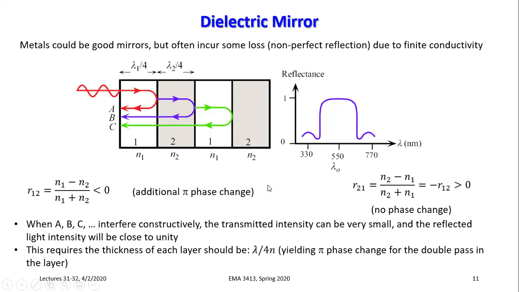This is another way to utilize this reflectance to achieve control on how you want to manipulate the light